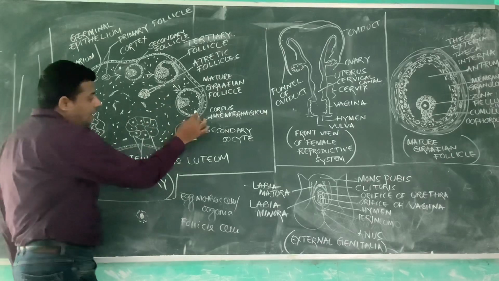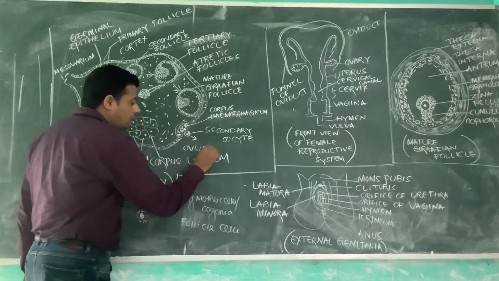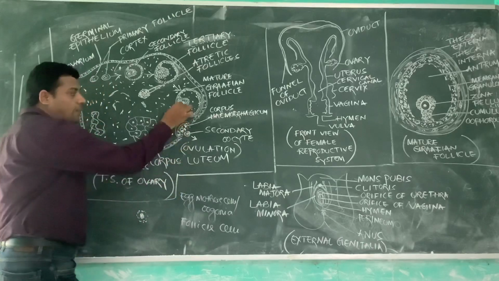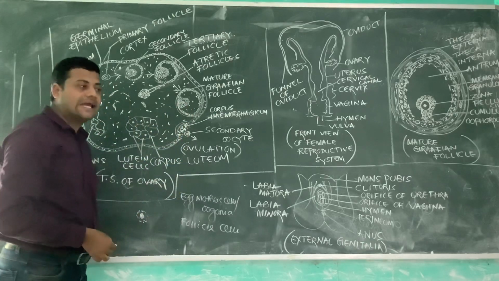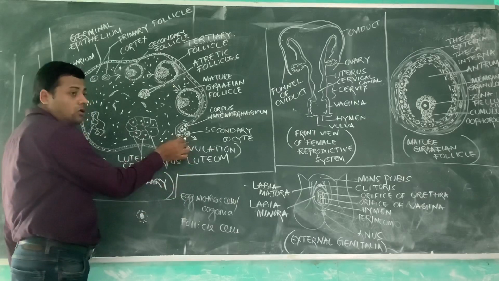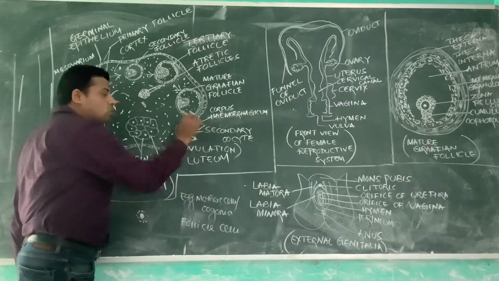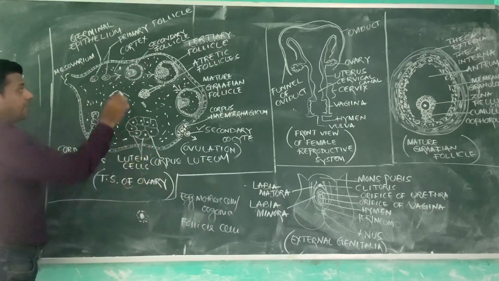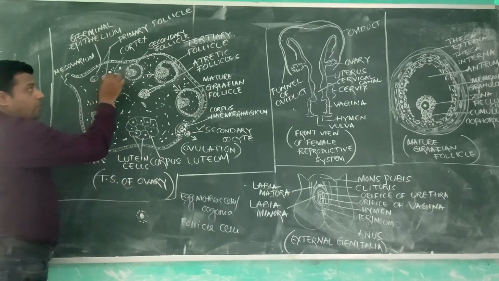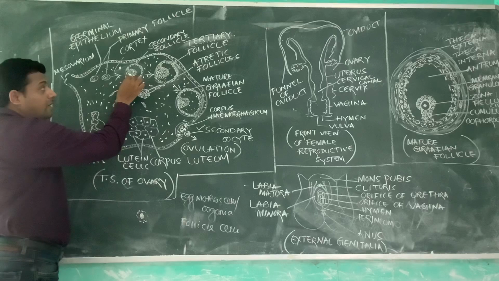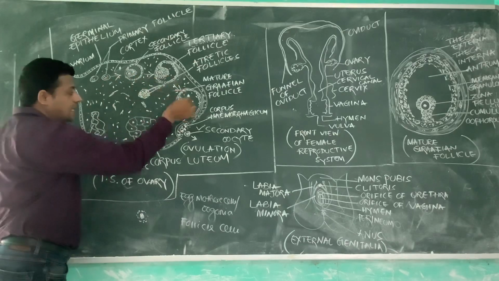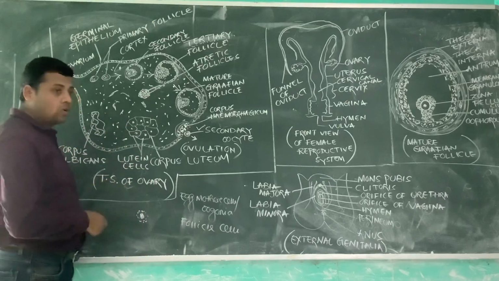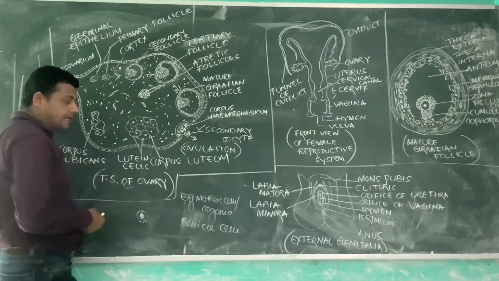Look at this diagram. At the time of ovulation, what is ovulation? Ovulation means the rupture of a Graafian follicle and release of an egg or ovum. Actually, here, look at this diagram. Here, release of a secondary oocyte. Primary follicle contains egg mother cell or oogonium. Then the egg mother cell or oogonium becomes primary oocyte. Then it becomes secondary oocyte. The secondary oocyte then develops into ovum or mature egg.